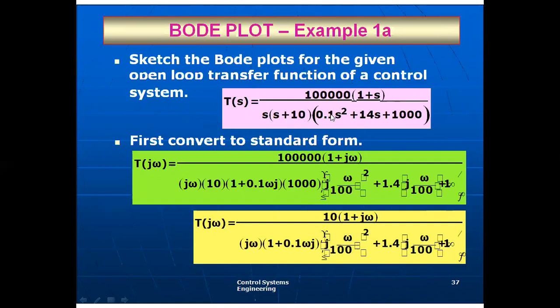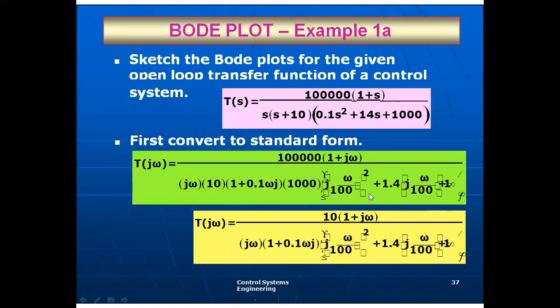based on the corner frequency. The corner frequency is nothing but the reciprocal of the coefficient of S term. So here you can see the coefficient of S is 1. Here it is S divided by 10, so you convert this into time constant form. After that, you can find the corner frequency. The coefficient of S here is 1, and here it is 0.1, so the reciprocal of this will give 10.